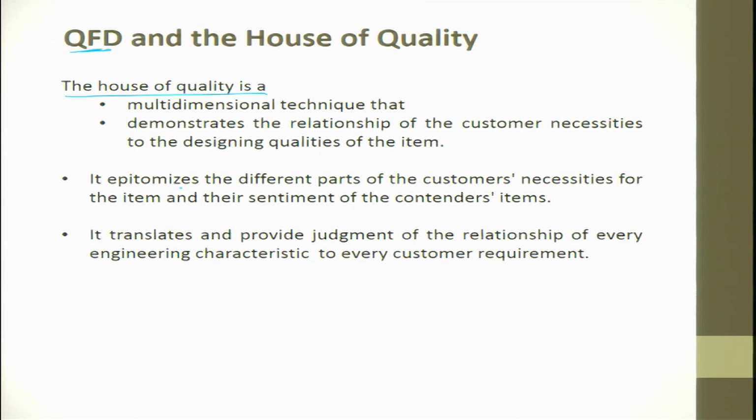It epitomizes the different parts of the customer necessities from the items and their sentiments to the contender's item. So, that means it checks with the state of the art, SOTA, which is available. So, there is a pen which can write up to 5 kilometers